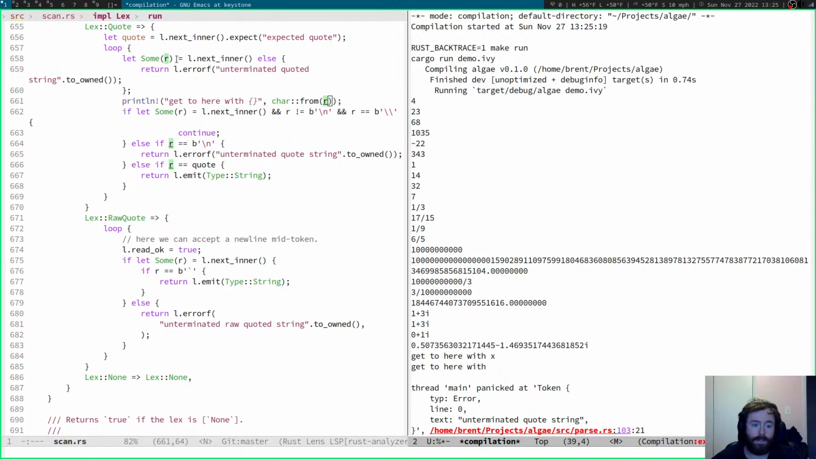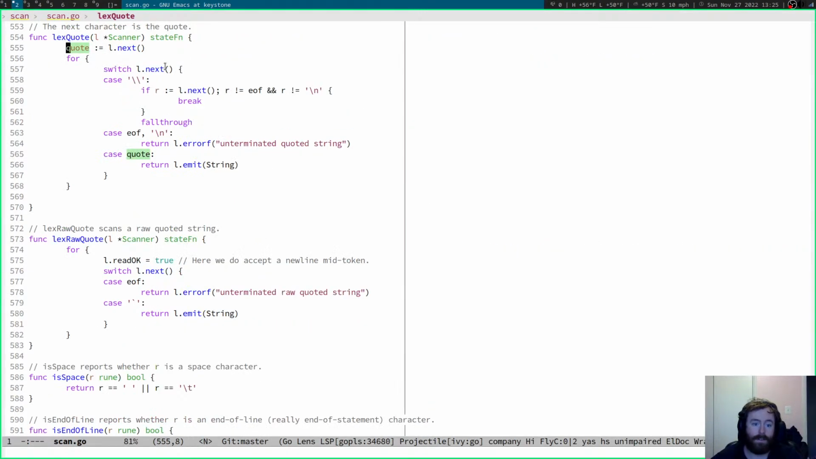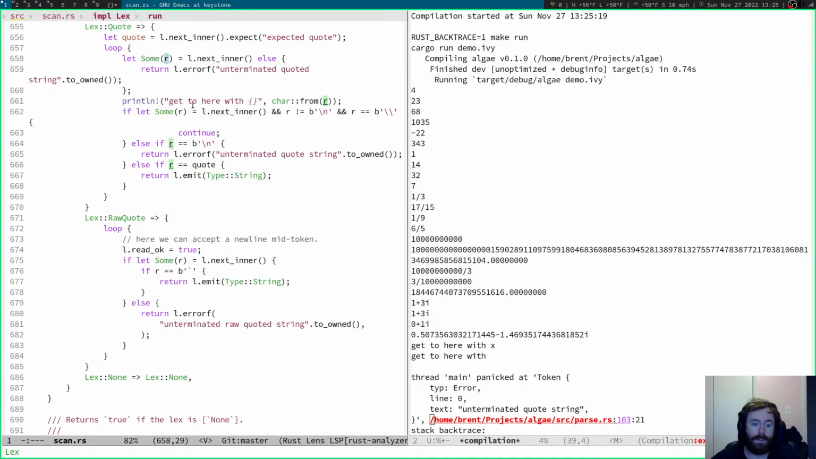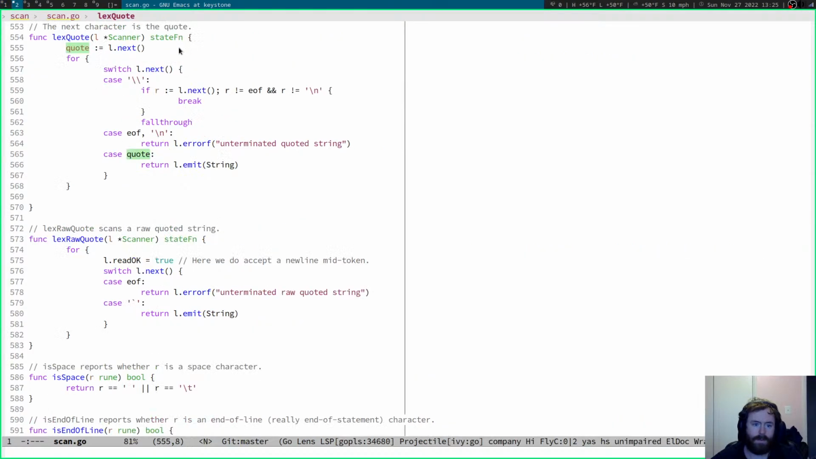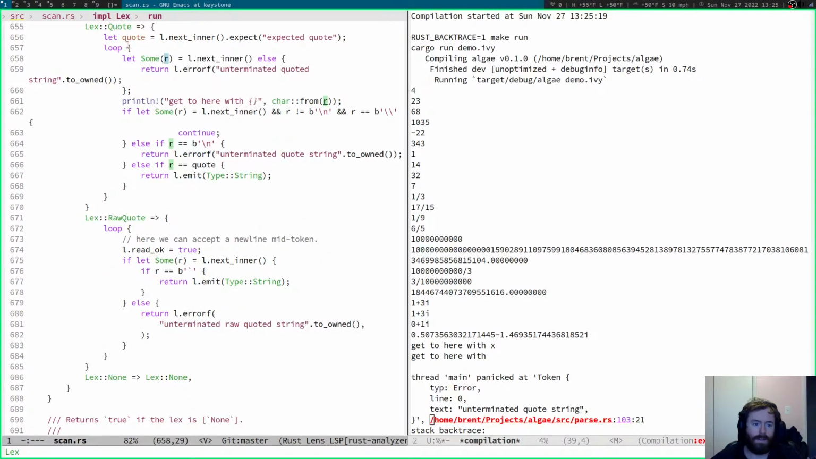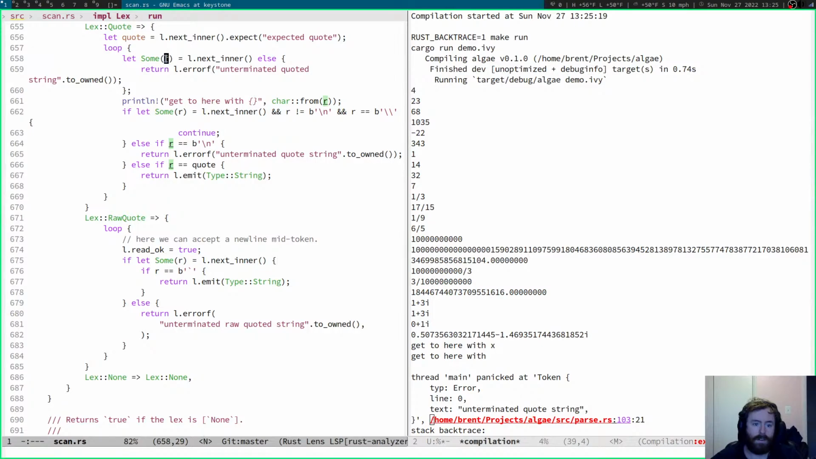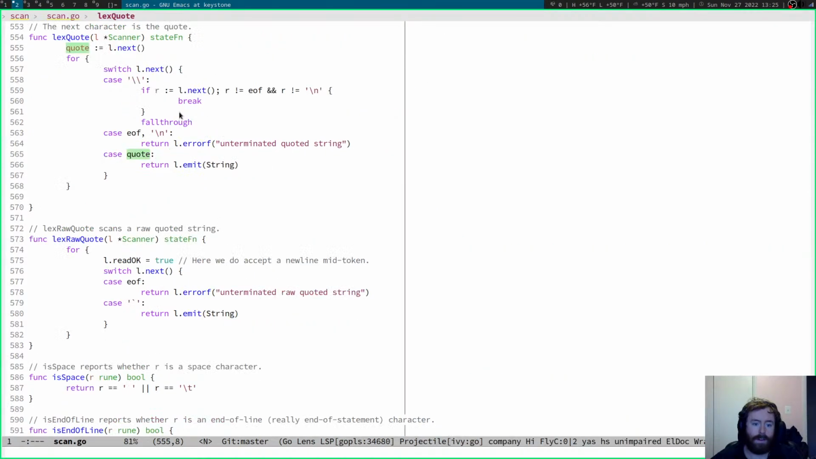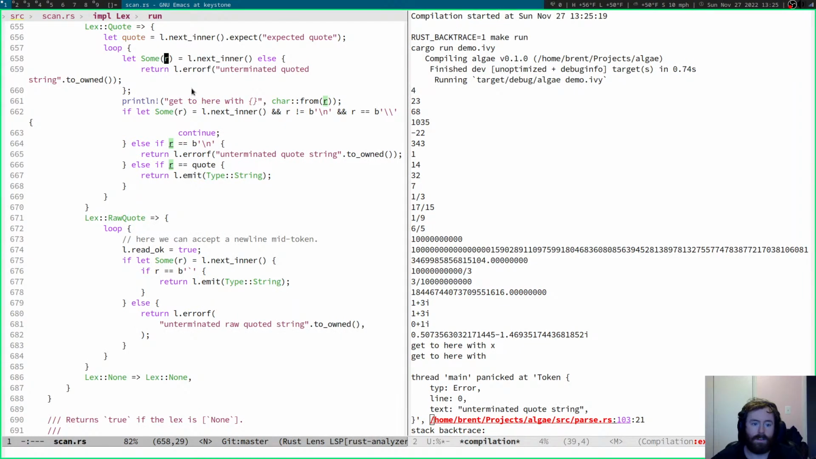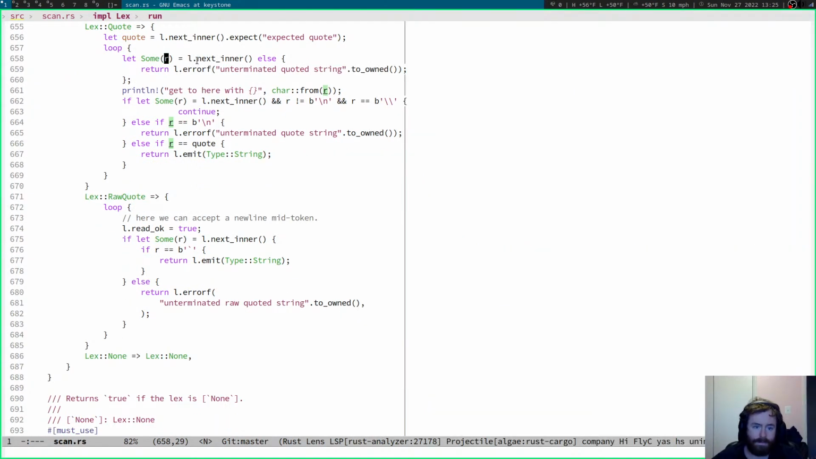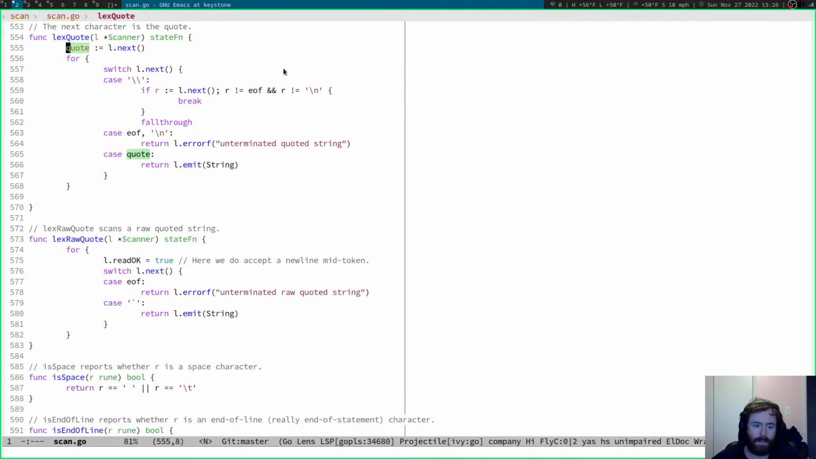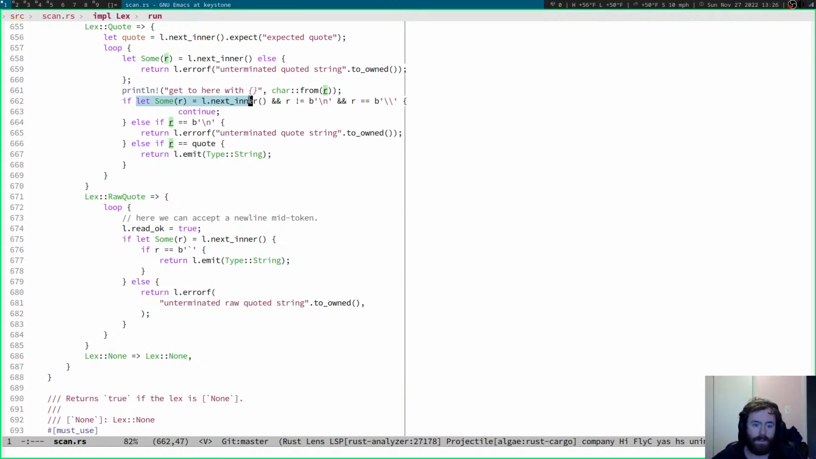Switch l.next. So this is l.next. If it's a backslash. Oh, wait, what am I doing? We get the quote. We do 4. R. Oh, I shouldn't call this again. That's what's wrong. Yeah. No, we're just supposed to say